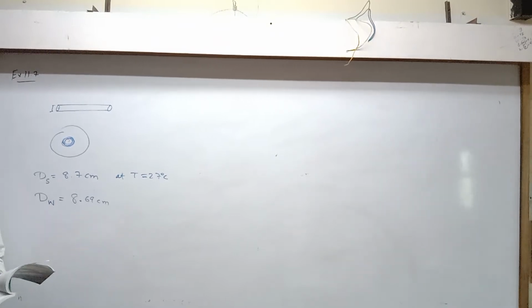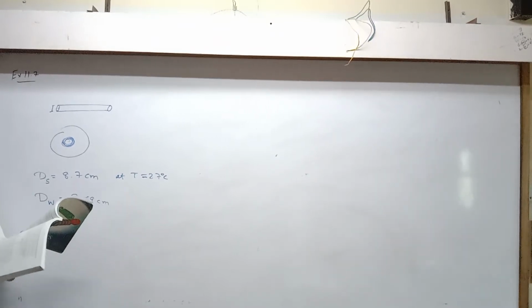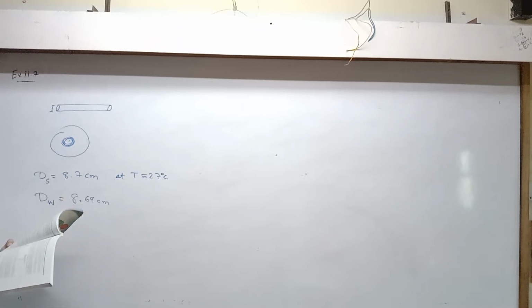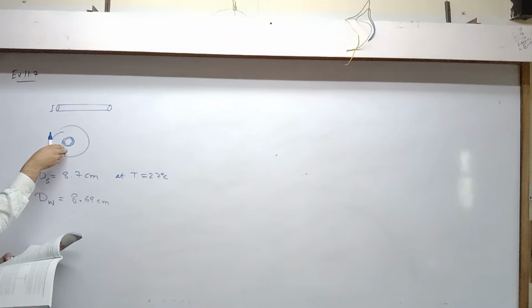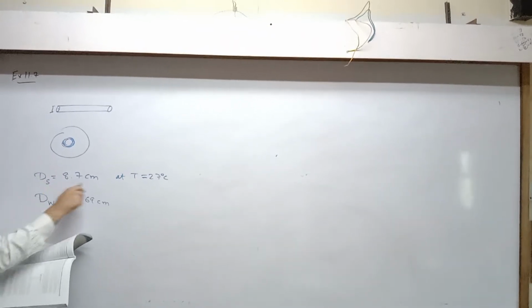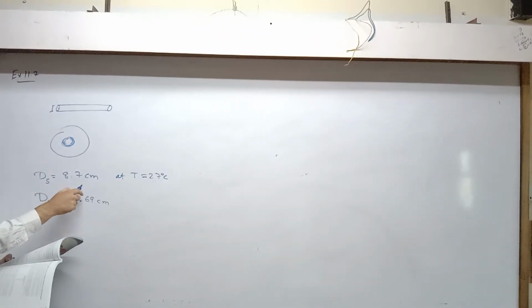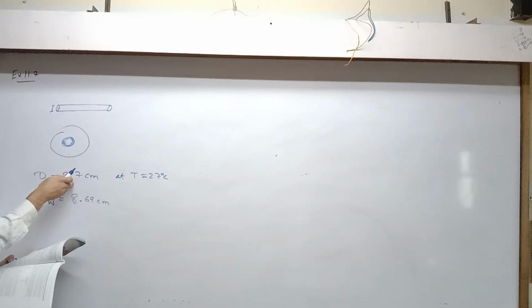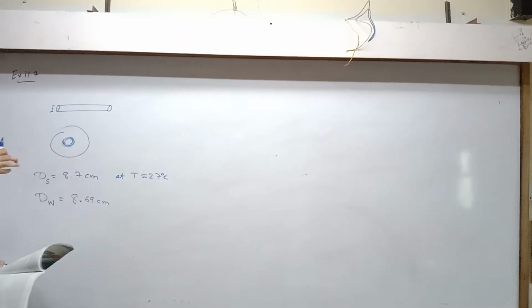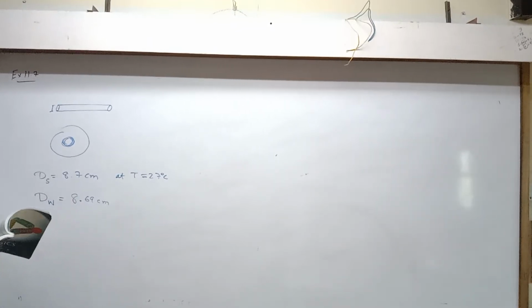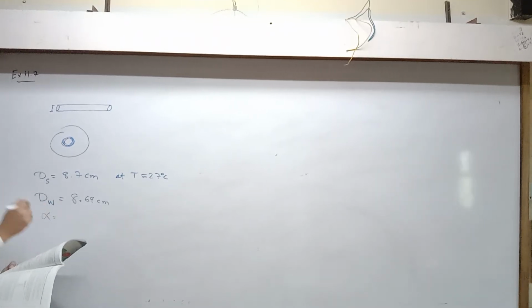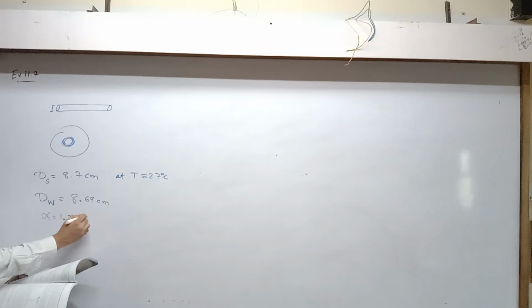Dry ice means solid carbon dioxide, right? At what temperature of the shaft does the wheel slip on the shaft? Like what temperature is the fit, right? What should be the temperature of the shaft at which the wheel will get onto the shaft, or will fit onto the shaft? Got it? Okay. Assume the coefficient of linear expansion of steel, alpha, to be 1.20 into 10 raised to